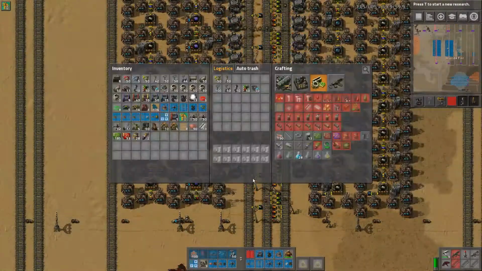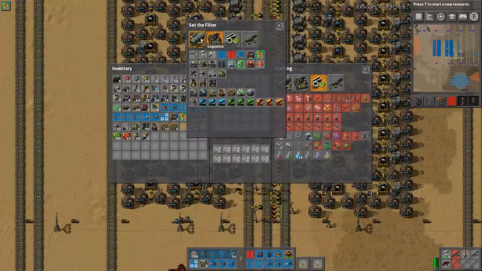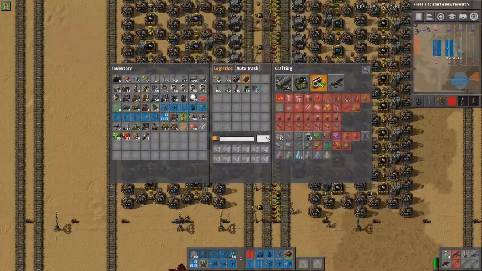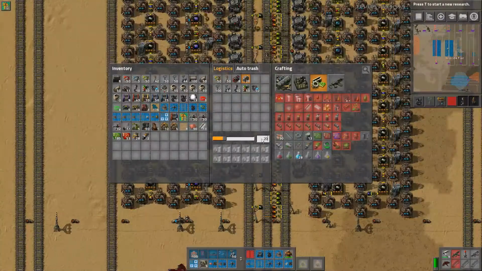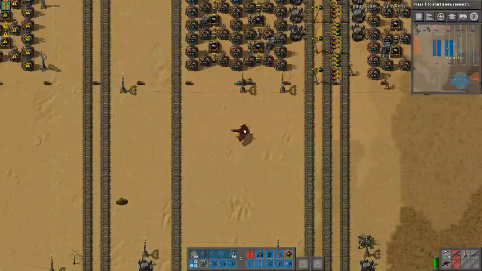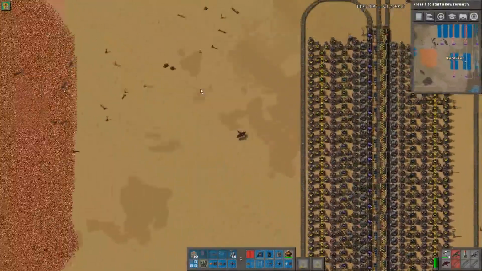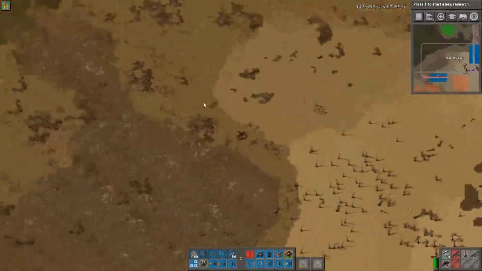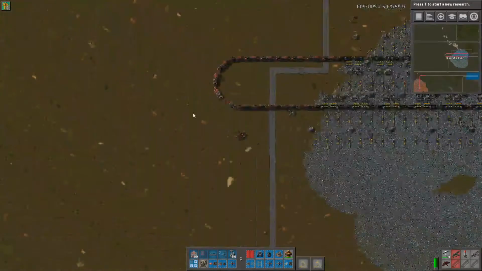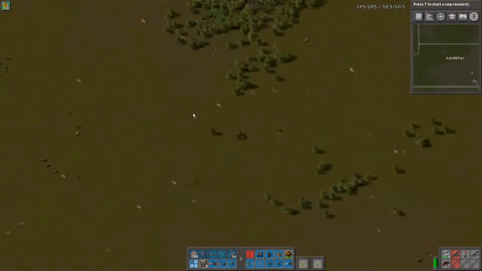We do need a train in there, so I guess we'll stop by the main base and get an 820 train, 820. And we'll also do one other thing. We will go all the way up to where the solar is, because now that we have